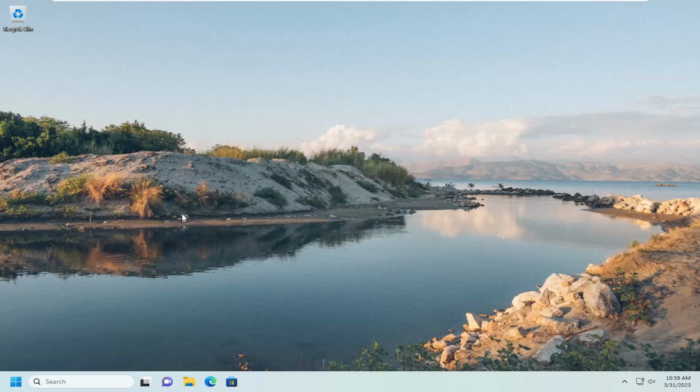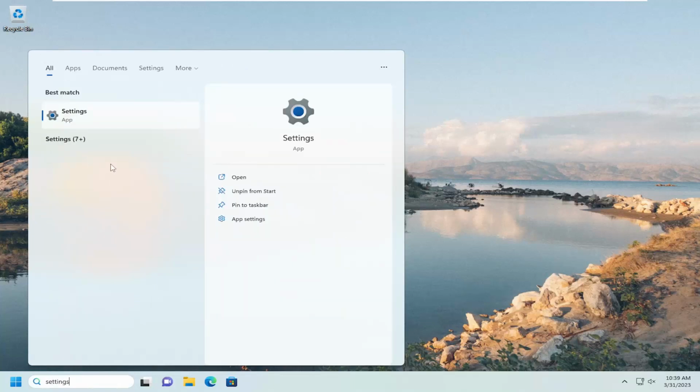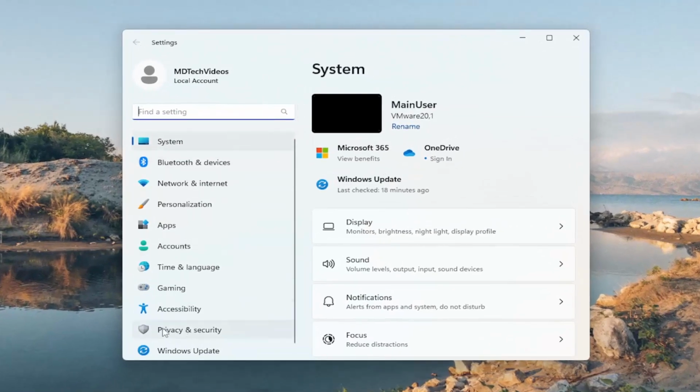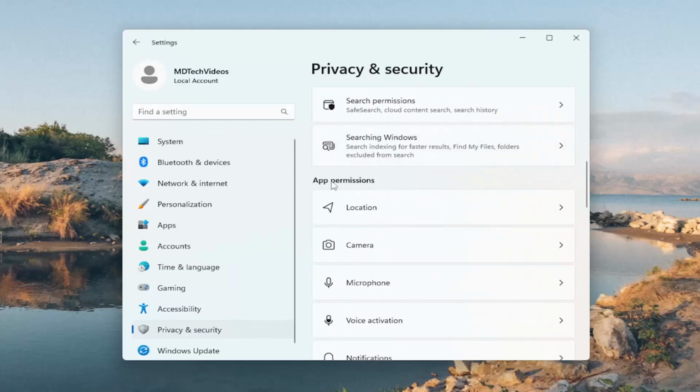So first thing we're going to do is open up the search menu, type in settings, best match, it'll come back with settings. Go ahead and open that up. On the left panel here, go ahead and select privacy and security. On the right side, you want to scroll down underneath app permissions, so you've got to keep scrolling down, and